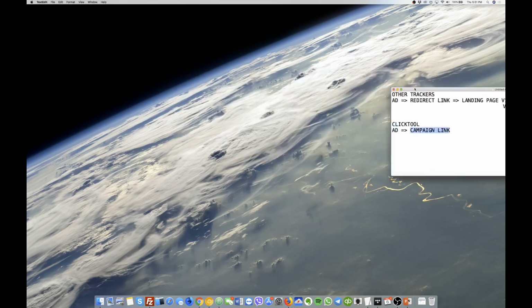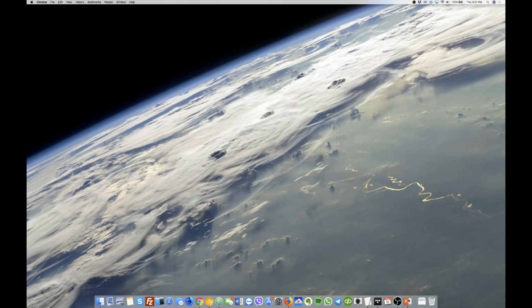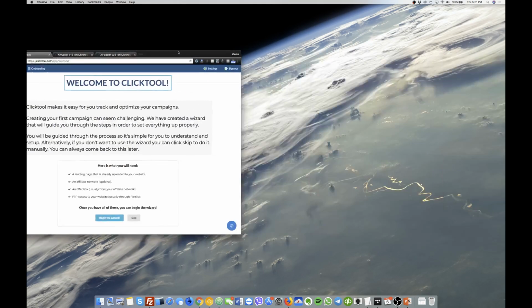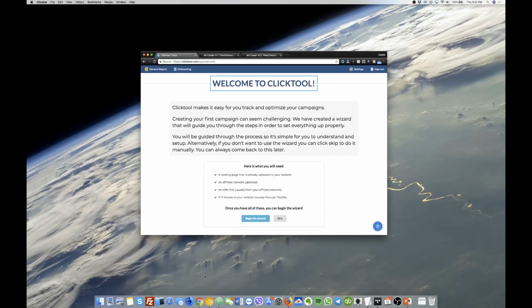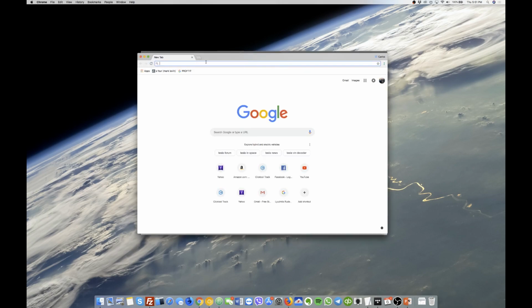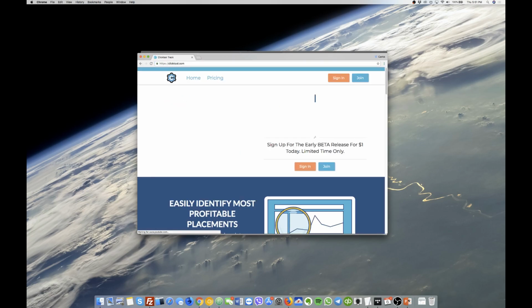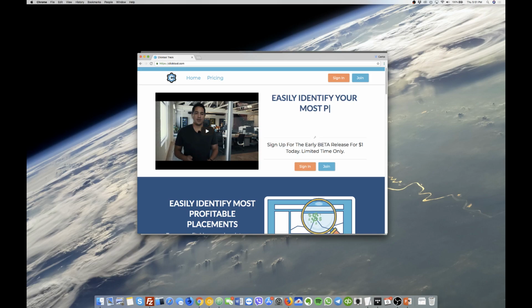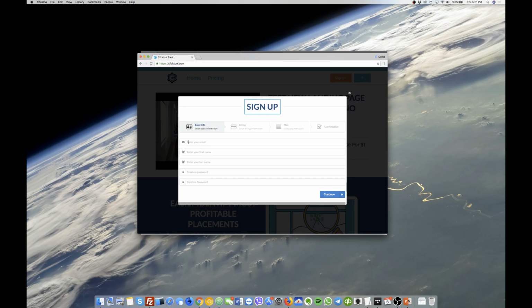So now let's get started. After you sign up, you see a page like this. But in case you aren't familiar yet, you can go to clicktool.com, and you'll see our page is pretty basic right now, and we are in beta at this very moment, so you can get it at a discounted price. And all you need to do to sign up is enter your info here, your billing, select the beta plan, and then click on confirm. Once you've done that,